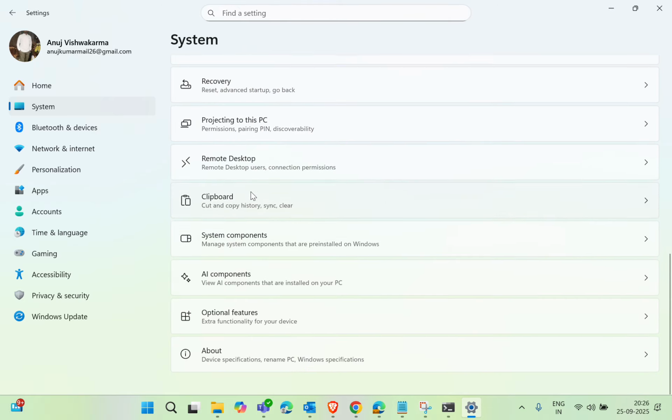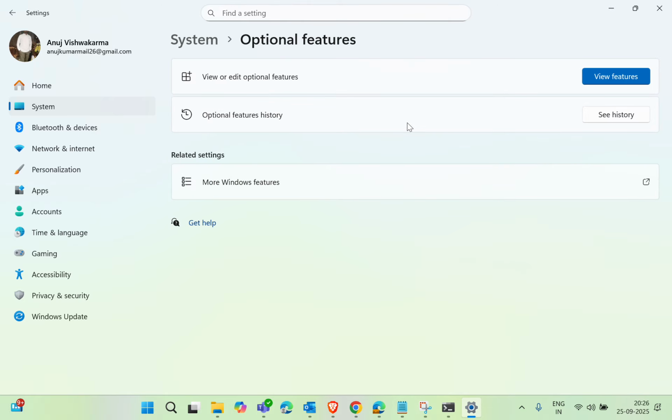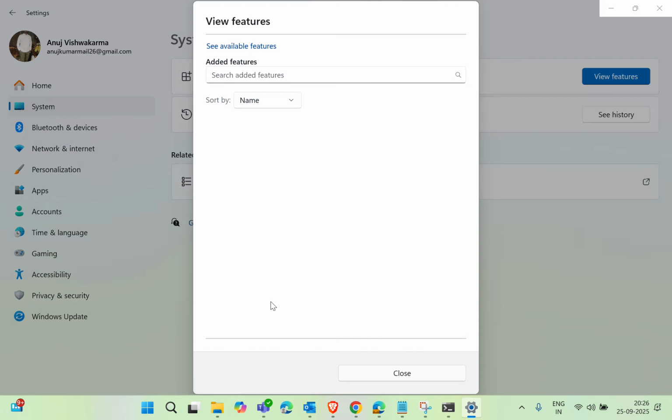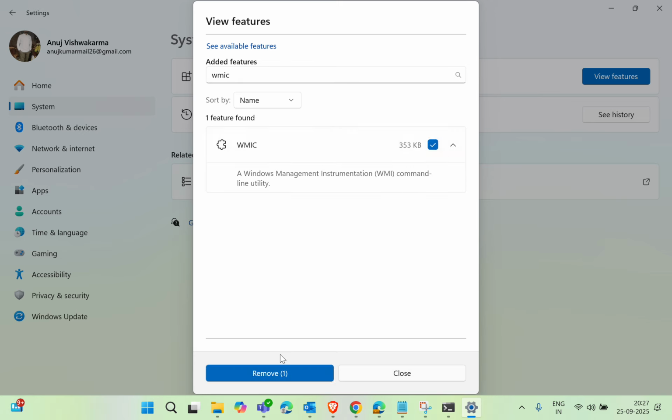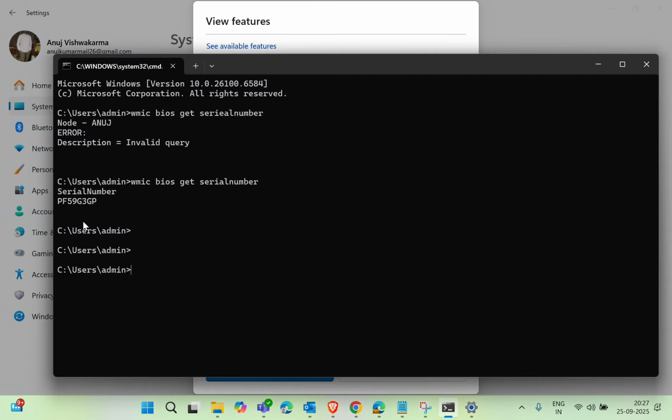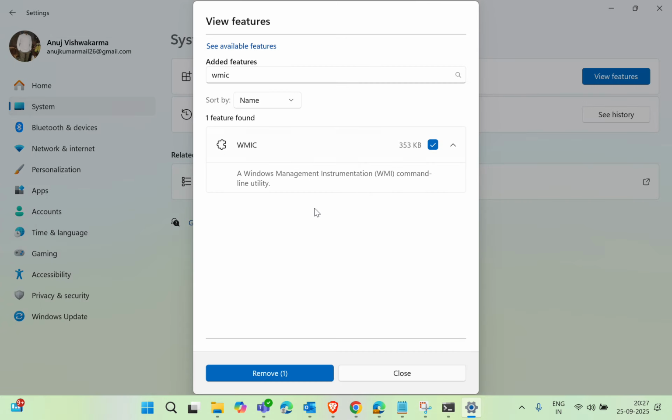Going to the system, click on Optional features, View features. Here we can search for wmic. It's already added. If anyone is not finding the serial number in Command Prompt, then you can install this utility in the system menu, or you can also run